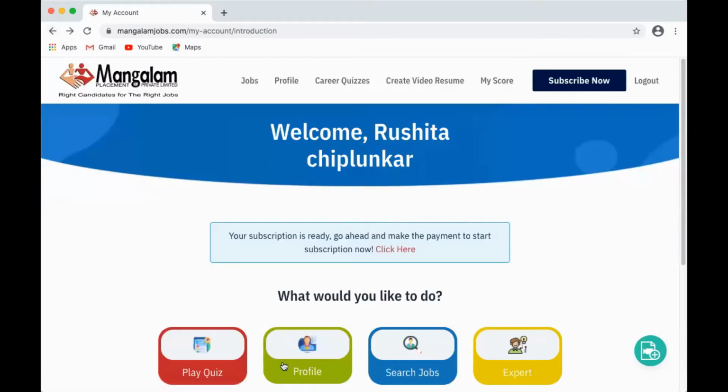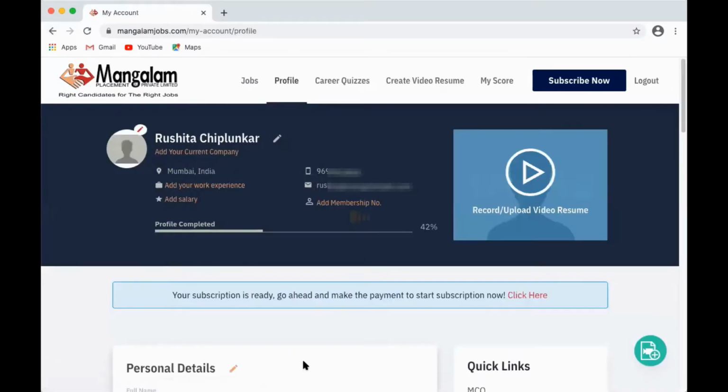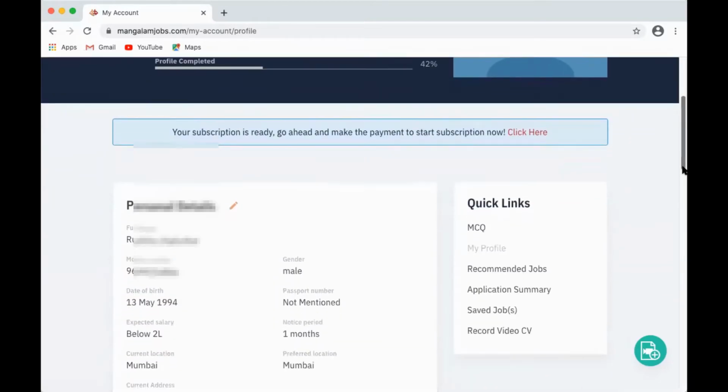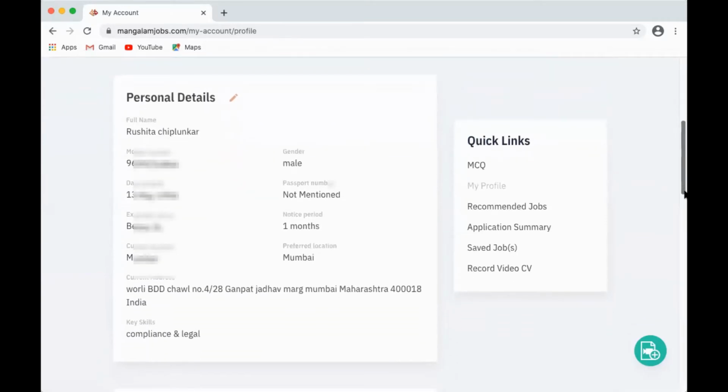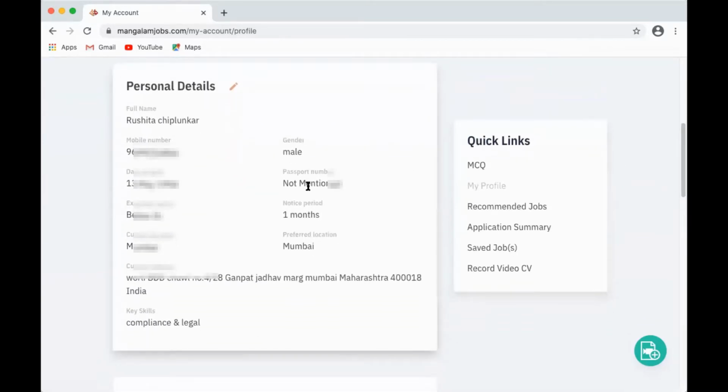The second option is profile. Into that you can update your overall profile. Okay, you can see here there are my personal details. I already updated name, contact number, date of birth, expected CTC, current location and address, key skills, like that.